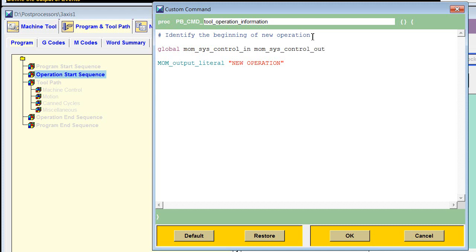Notice that I can use more than one variable per line with the global command. Next, I will put the value of those variables at the beginning and at the end of my mom output literal statement. To get the value of a variable, we use the $ sign. $mom_sys_control_out